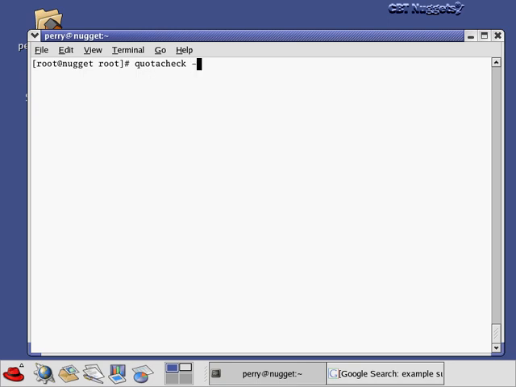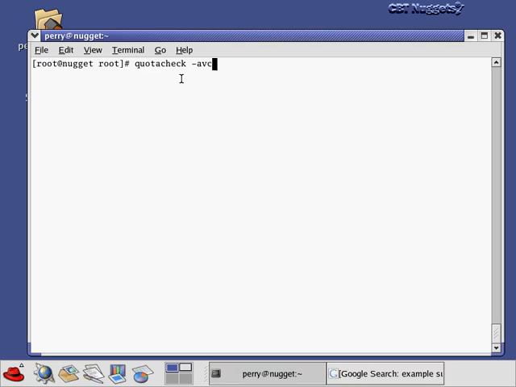So let's put some options on quotacheck here. We're going to use -a to check all the file systems, -v for verbose output, -c is going to create that file I was just telling you about. You can also run quotacheck after that file's already been created, and quotacheck will just update the values in that file. You should run quotacheck from time to time. You can put it into a cron job, for instance, and run it once a week or something like that. You definitely have to run quotacheck to update that file